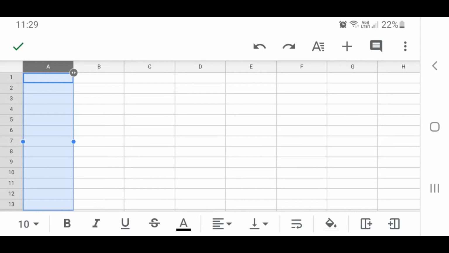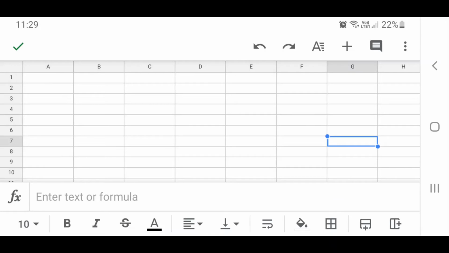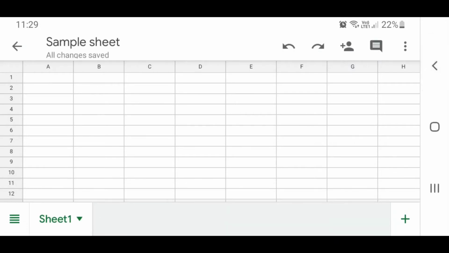If you want, you can add more worksheets. For that, you can see this is one sheet. If you want to add a new sheet, click here and you will have a new sheet. So inside your one spreadsheet, you can have any number of sheets, and all these sheets combined together will be known as your spreadsheet.